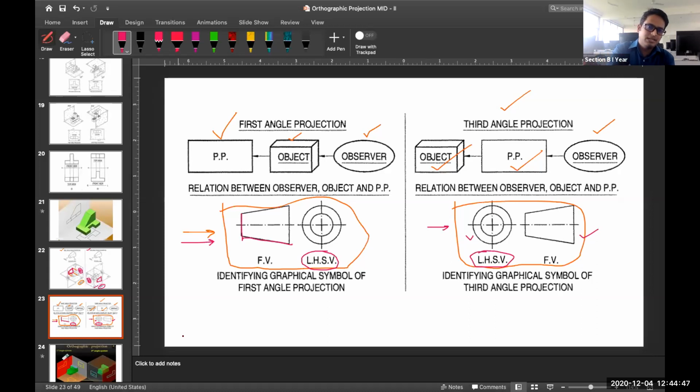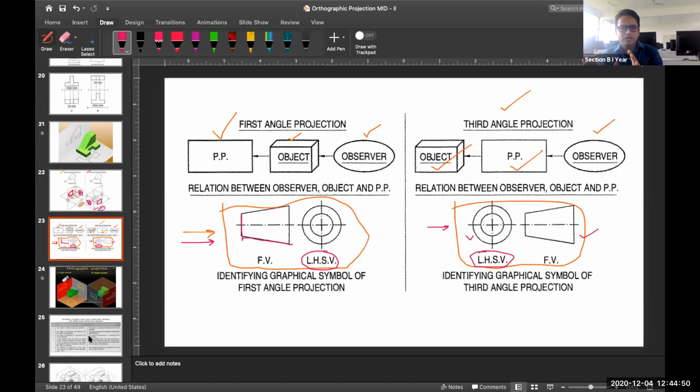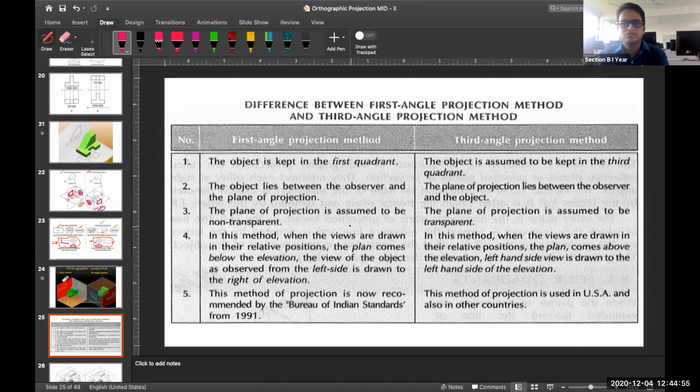So you have seen many points on which you can differentiate between first angle and third angle projection method, that is on your screen now. This question is very important. All of you pay attention and see what are those points. Direct question, what is the difference between first angle projection method and third angle projection method? On left hand side we are having first angle projection method. Here the object is placed in first quadrant. We all know that. The opposite side, for third angle projection, object is placed in third quadrant.